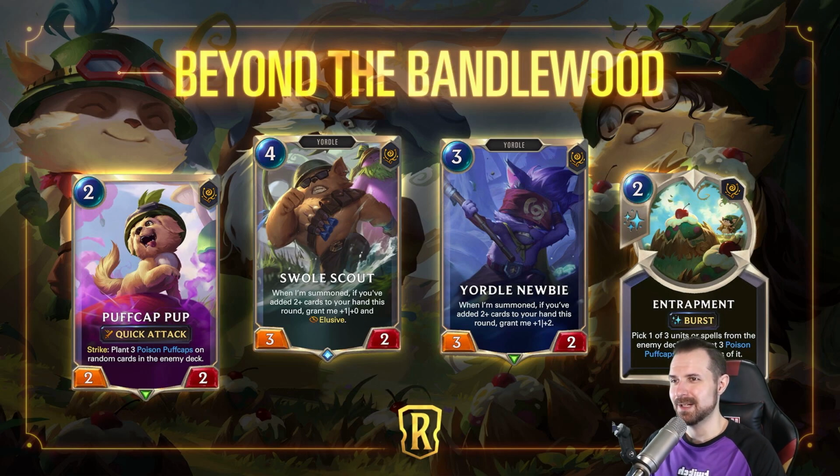We'll talk about that in a minute, but you want a card where they have at least 3 copies of it, and hopefully they're all in their deck so that when they draw them, they take 3, because this is 3 puff caps per card. So this is a relatively good sized bomb that you're planting,